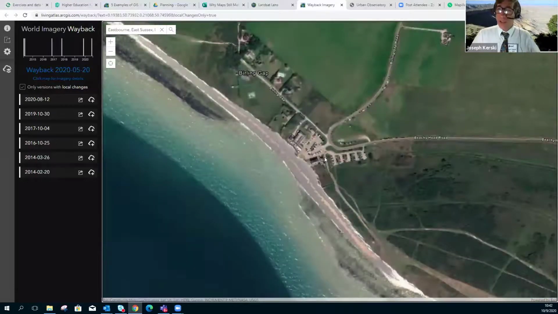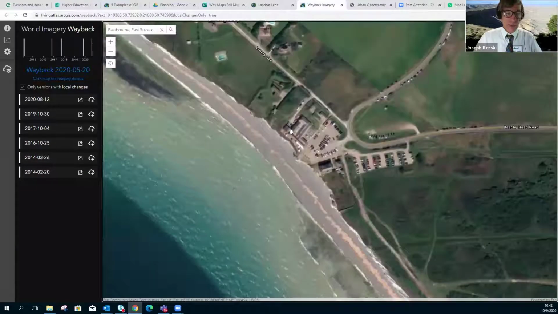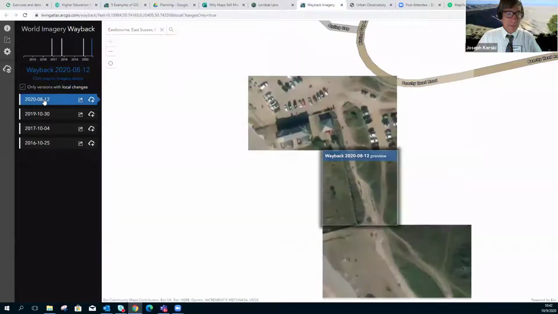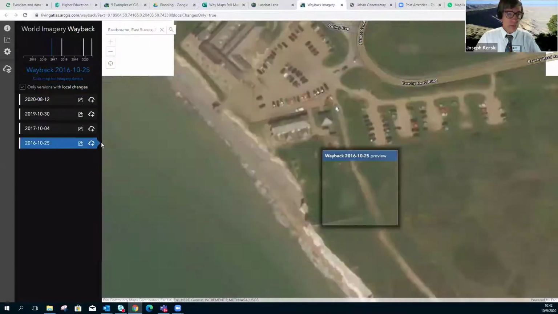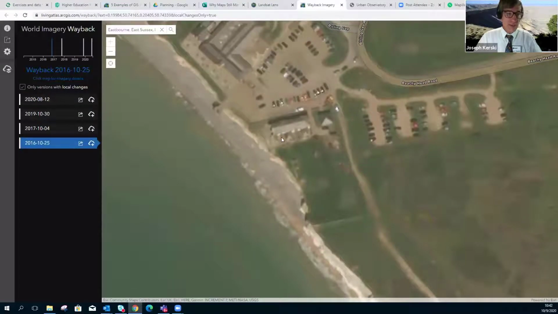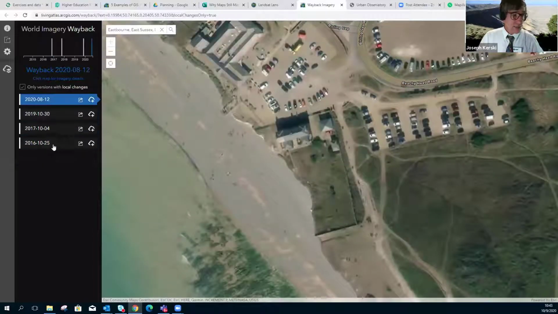It's part of the Chalk Cliffs in England. This is Eastbourne, and you can see here from 2020, see this set of row houses? Okay. And then look at 2014. The coast is retreating. This is Chalk Cliffs. It is a rapidly eroding, kind of beautiful area, but I'm not sure I want to live right there. In 2016 and 2020, you can see that the coastline, even over 4 years, has changed, and indeed here's the